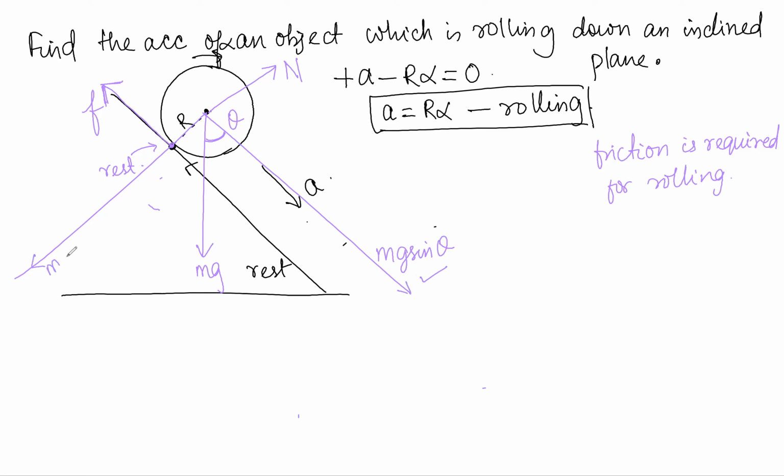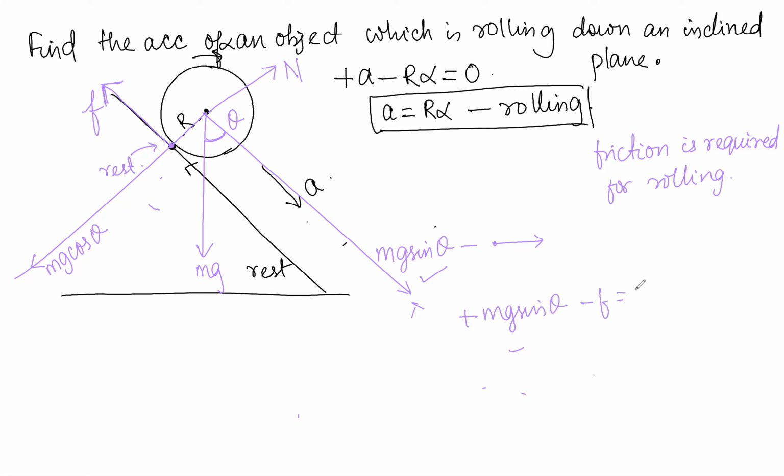It is not moving because of mg cos theta, but because of mg cos theta, it is resting on this surface. So if you remove mg cos theta, the object will start flying. If you remove mg sine theta, the object is not going to move forward. So mg sine theta is responsible for the translational motion, and mg cos theta is responsible for the object staying on that surface. Okay, so plus mg sine theta